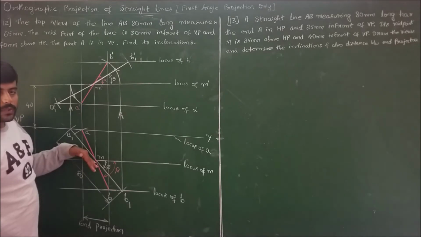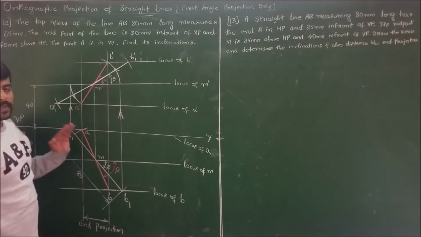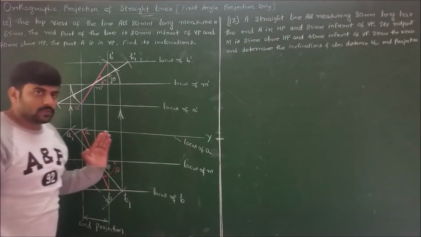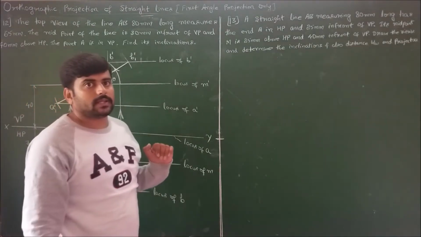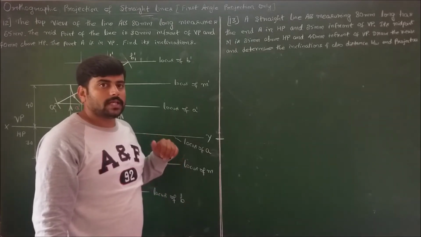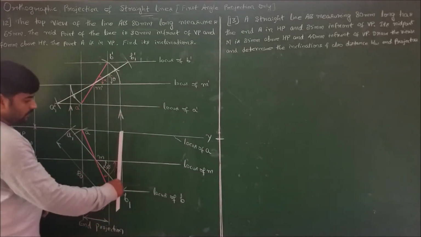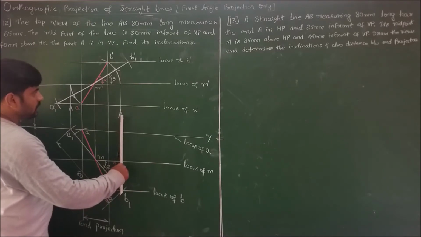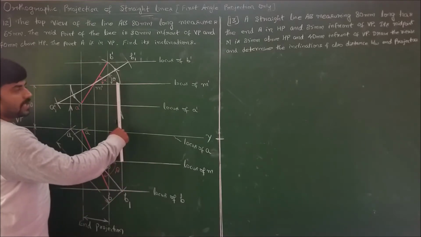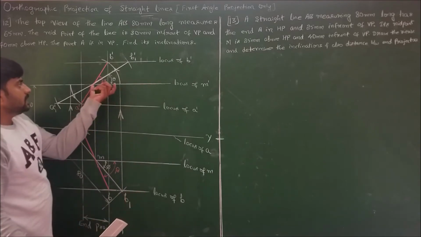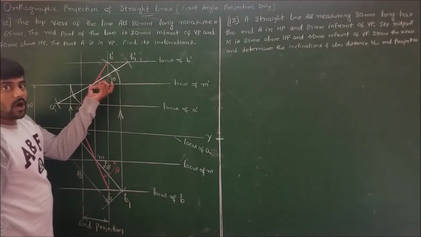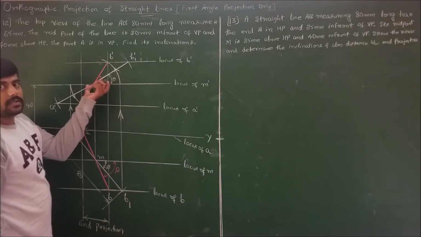I know the true length. To extract the apparent length, I should drop a perpendicular, then I should rotate. Earlier we were dropping the perpendicular to the fixed end of the line, that is the initial locus of the line. Here the fixed locus is M dash. So from one end of the true line you drop a perpendicular to the M dash. So now measuring this will give you half of your apparent length in front view.